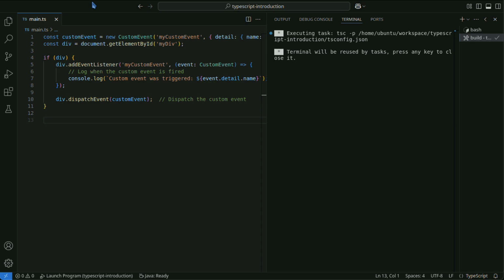This code creates a custom event using CustomEvent, dispatches it to the element, and displays its details in the console.